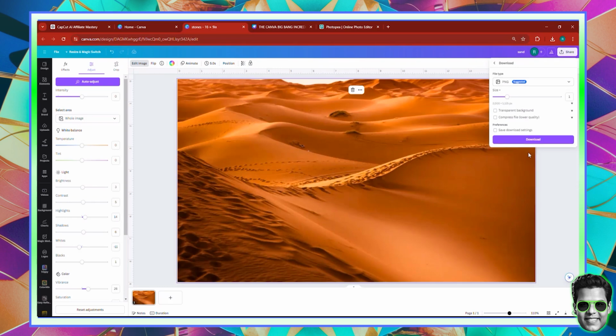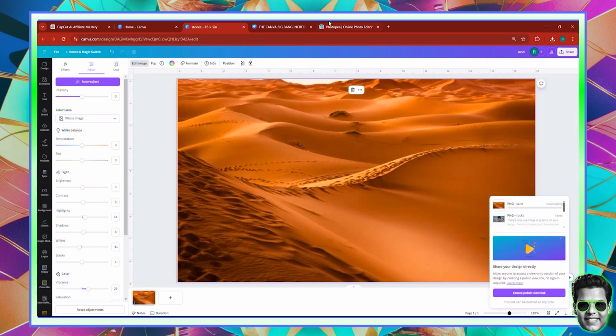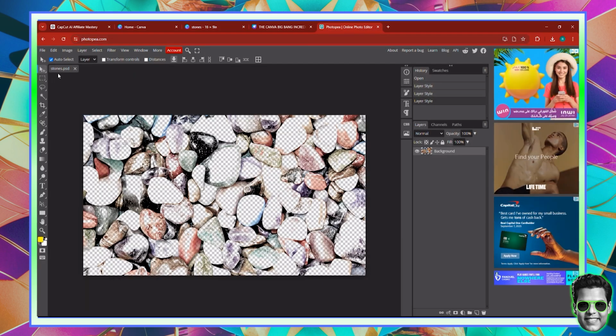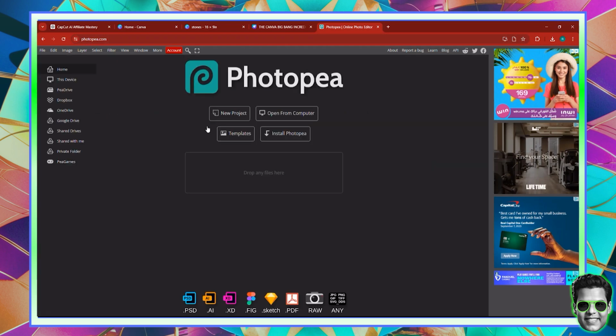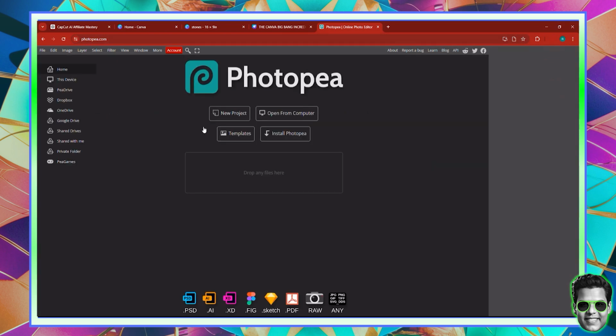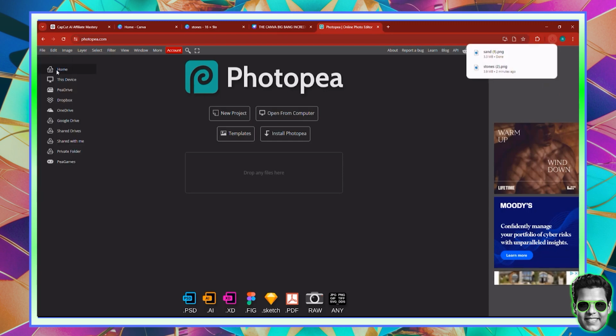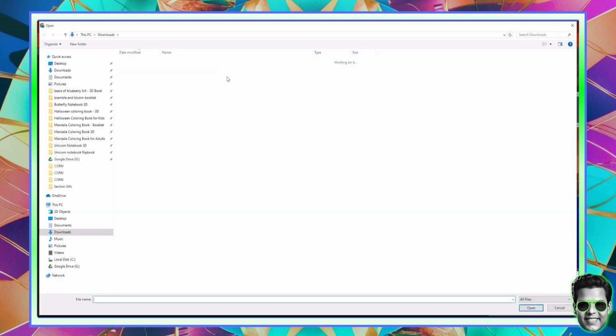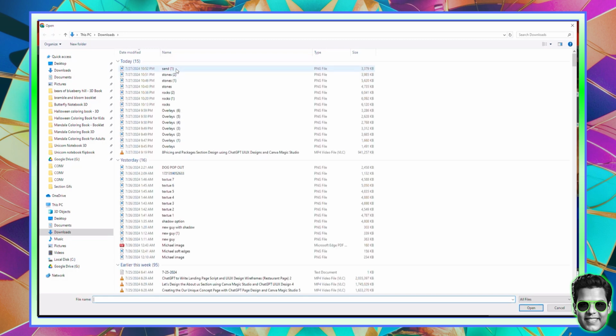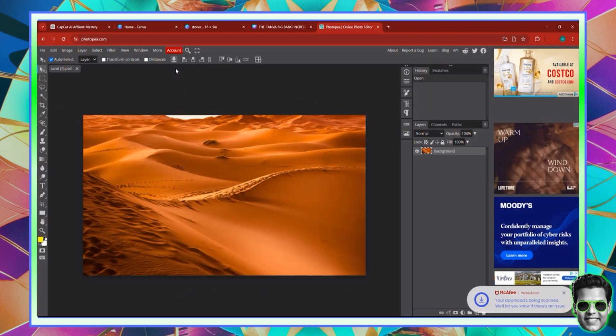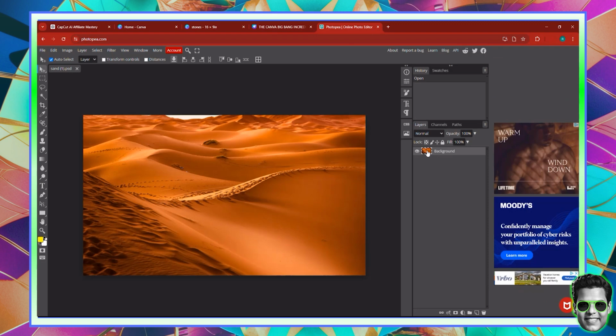Now this is going to be downloaded as a PNG, and I'm going to go back to Photopea. Now when you go back to Photopea, you can click this X button to just remove anything, and now you're starting all over again. And you can go to File, Open, and you can open what you want to open. So what I'm going to open is the image of the sand, and I'm going to do the same thing. So I'm going to first of all double click to open up the image, double click on that image,